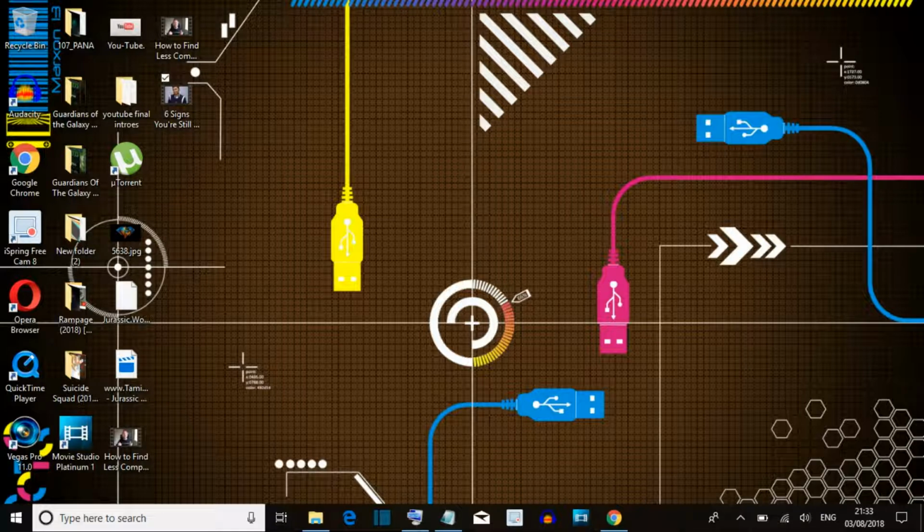So this is how you can download a YouTube video from YouTube onto a computer without using any third party